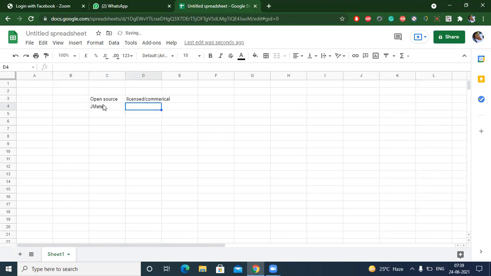At the same time, in the licensed commercial category, the first preference is LoadRunner. LoadRunner is most famous with very big clients who can afford the license cost. Why do they prefer it even though the cost is higher? Due to security. Company projects like banking and insurance don't want to use open source, in case something leaks or happens to their application. As a commercial tool, it provides guarantees while using the tool. That's why they prefer LoadRunner.